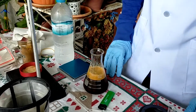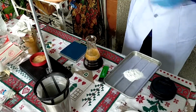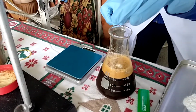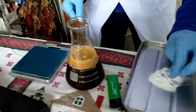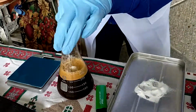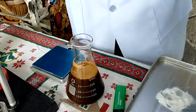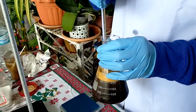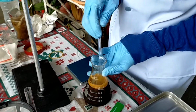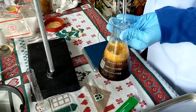Now I will add my sodium bicarbonate baking soda. Okay, so sodium bicarbonate into the flask. Just a pinch or 2 or 3 or 4. Because I have so much coffee. I'll slosh it. Actually, I'll use my straw. Even though I prepared 200 milliliters of my coffee, water, and sodium bicarbonate solution, I would only be using